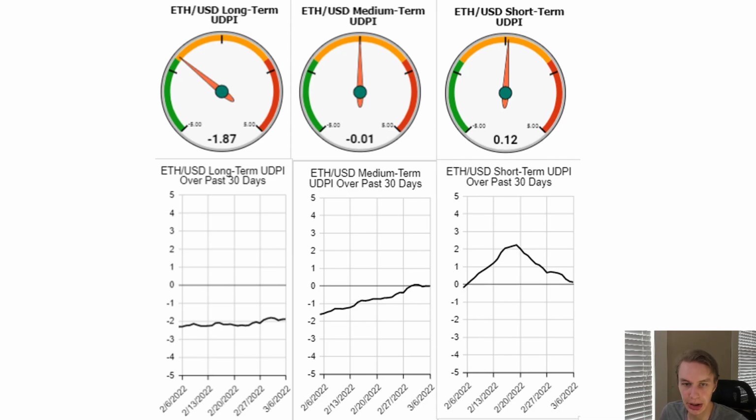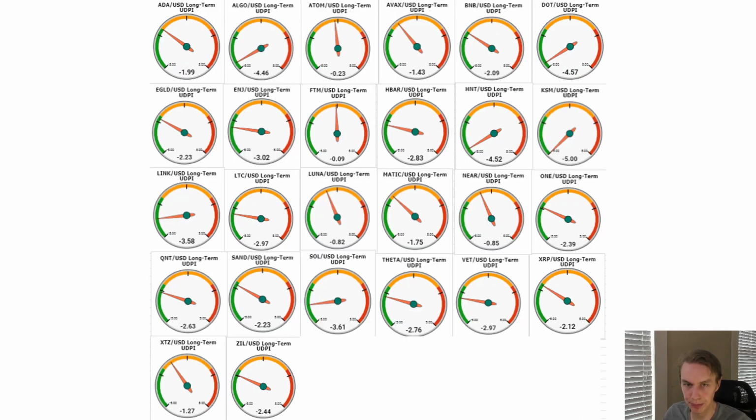And so really the overall picture I'm getting from Bitcoin and Ethereum is a lot of indecision, at least in the short to medium term, that it really could go either way in the mind of the model. It does think that in the long term there's more upside than downside, but in the shorter term timeframes, it's a lot more undecided.